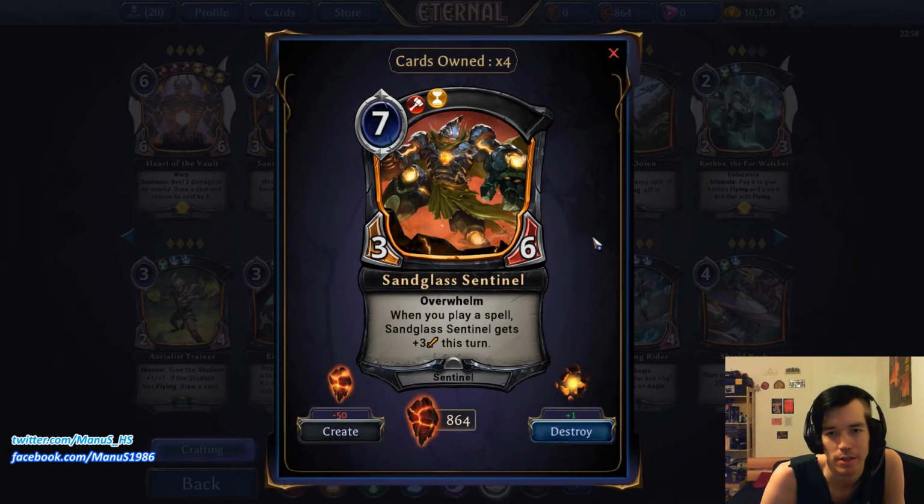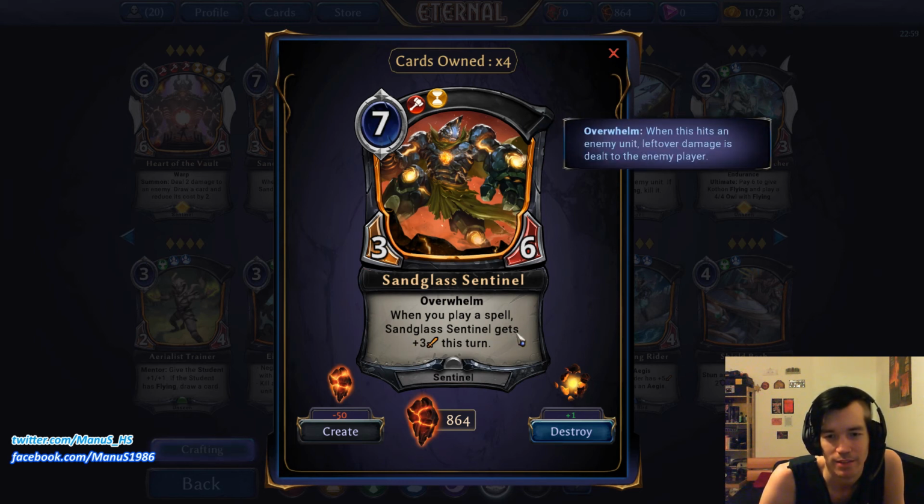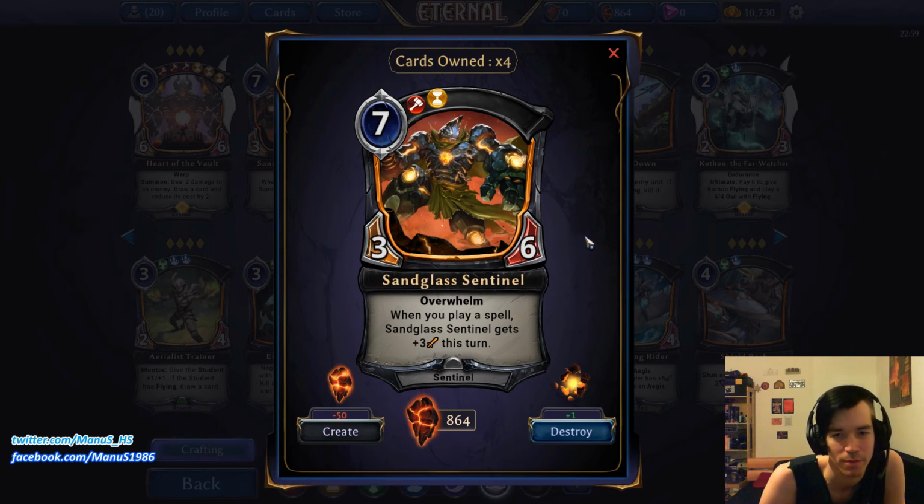Then we have Sandglass Sentinel. 7 power, 3/6 Overwhelm. Not very exciting, clearly not a constructed card, but even in limited, not a fan. When you play a spell, Sandglass Sentinel gets +3 attack this turn, which is really weird that this ability is in Praxis. I would have expected something like this in Skycrack, but apparently this spell-based stuff is a Praxis thing, so Fevered Scout actually is a Praxis card, not a Skycrack card like everyone thought, I assume,